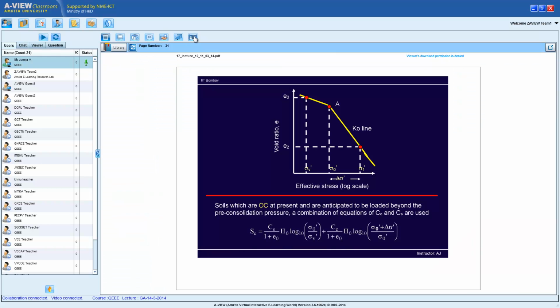We stopped somewhere here and we said, we also looked at this, if this is the current void ratio, the starting void ratio, and you're looking at a change such that the final void ratio is somewhere here, and as a homework task I had asked you to look at this. I hope you had spent some time to look at this equation over there.